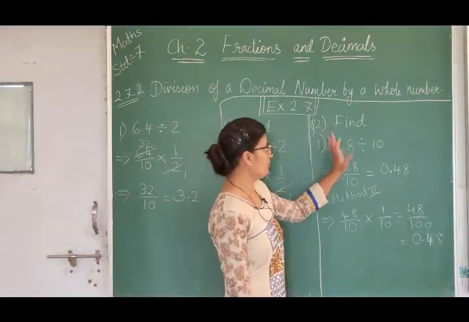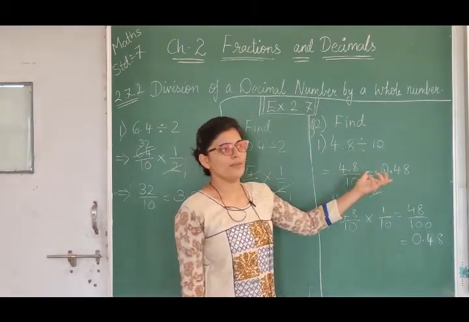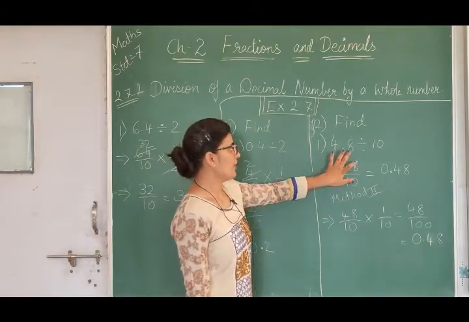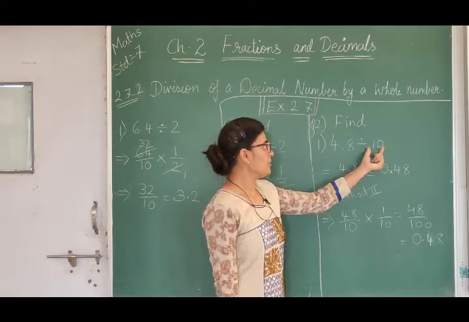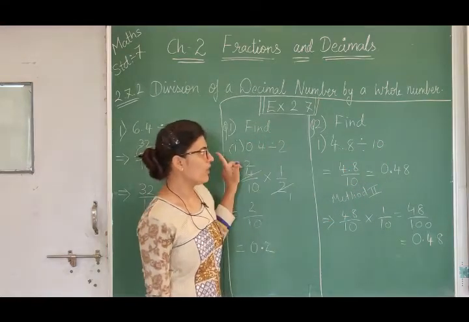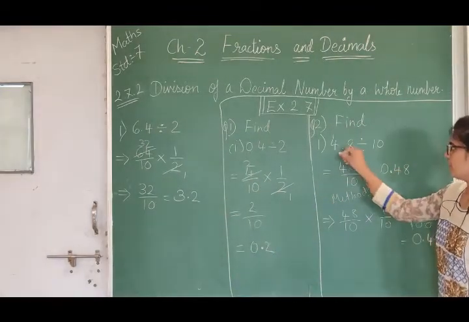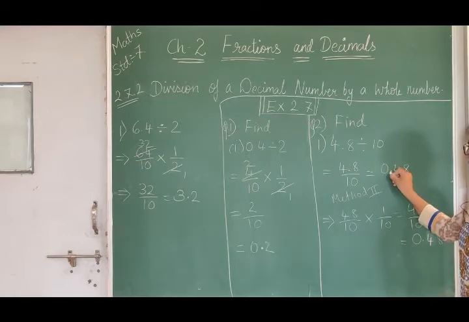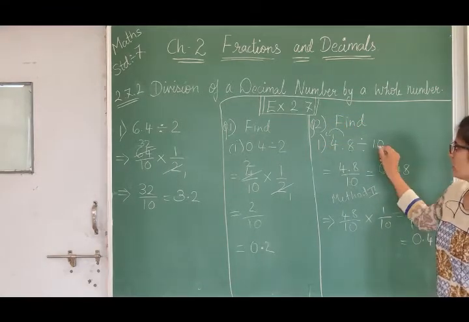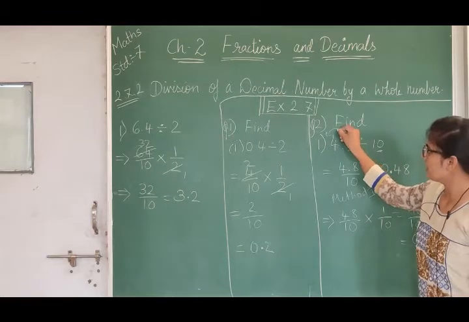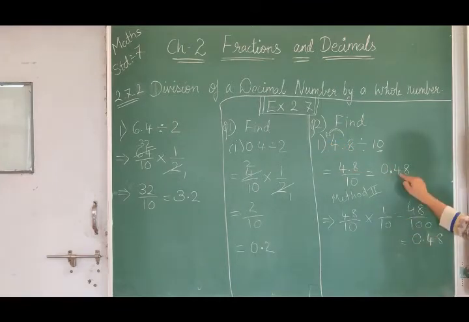Here question number 2, find first 4.8 divided by 10. I have taught you how to divide by 10. So 4.8 divided by 10. 10 means we have to shift the point one digit on the left hand side. So here you can see 48 I will write first, after that the point will be shifted over here, only 1 digit. So only one digit we have to skip and put on the left hand side. So here the point it will be put, so it will be 48.